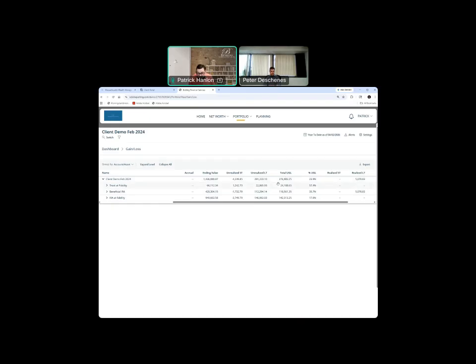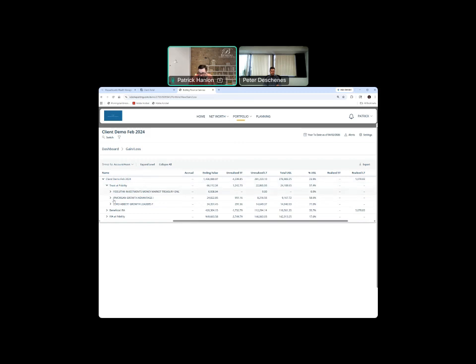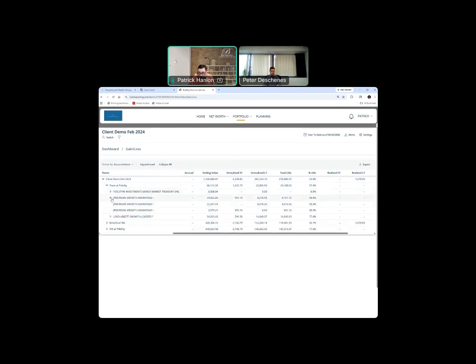Unrealized gains are going to be, let's say, for instance, and maybe we can find a specific security to make this a little bit more applicable. So we have this JP Morgan Growth Advantage fund listed here. There's a short-term gain of $951.16. That would be a gain within the last 12 months. That means you haven't sold it yet, but on paper, you have an unrealized gain